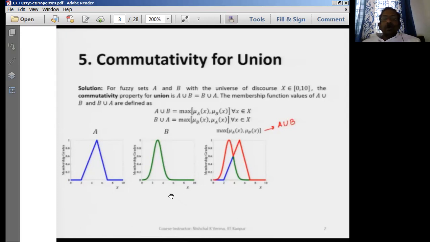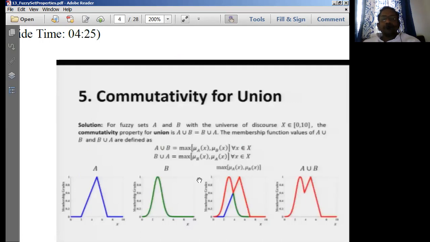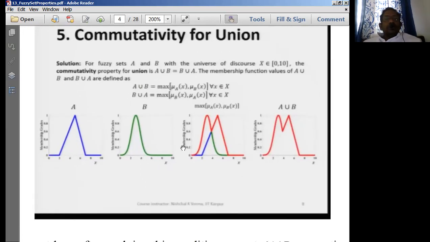So we are going to get the A union B graph as something like this. Initially, it is going to be like a bell-shaped curve, then it is going to be followed by a triangular function. So that is the A union B resultant. So finally, this is the function that we are going to have: initially a bell curve, then followed by a triangular signal, which is nothing but A union B for us.